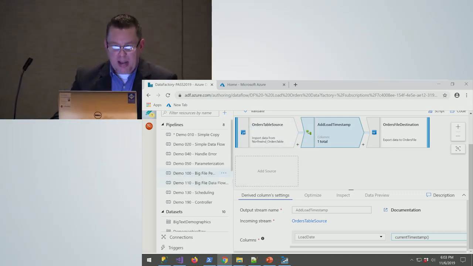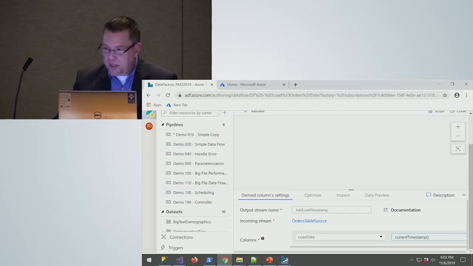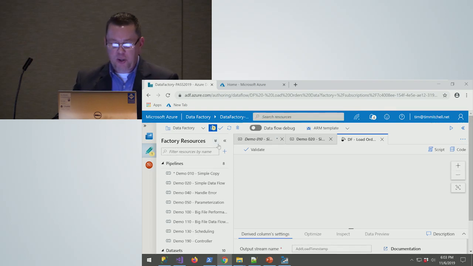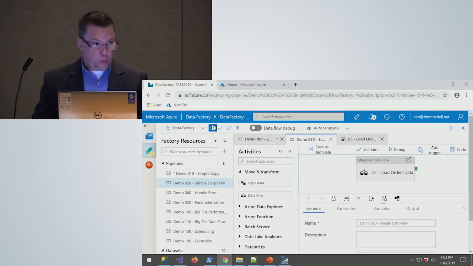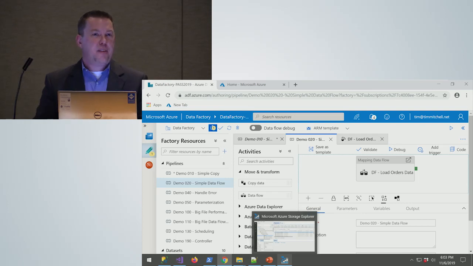So a couple of things that I'll point out on here. One of the things that you have the option to add on your pipeline is a loop. So the for loop, or the for each loop, or the until loop. One of the things that I found in comparing feature to feature Integration Services versus ADF is that the for each loop in ADF is not quite as full featured as the one in Integration Services.